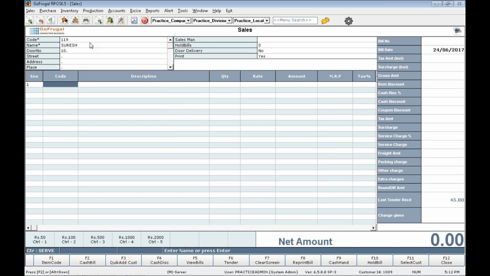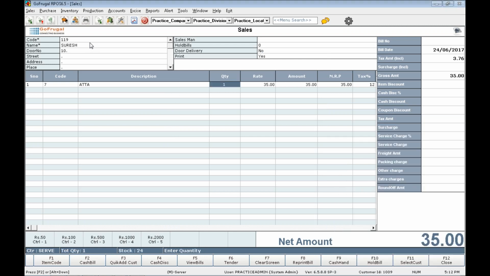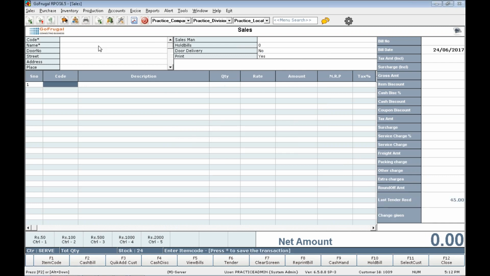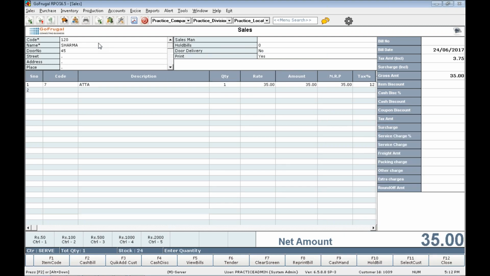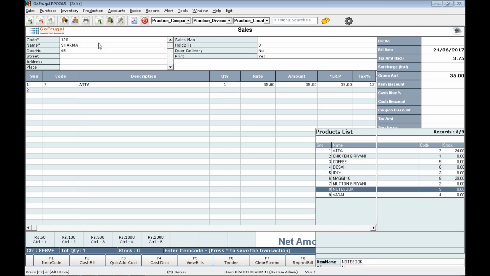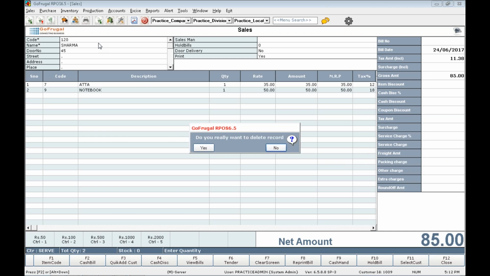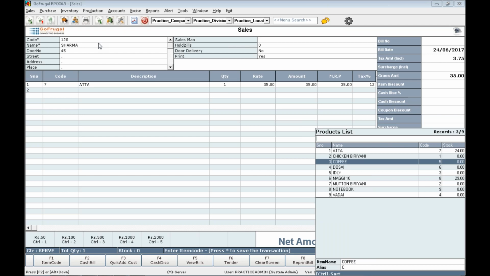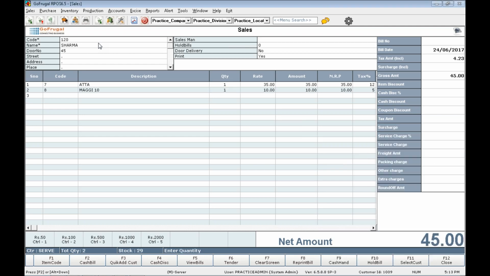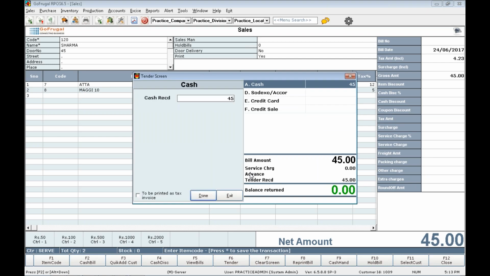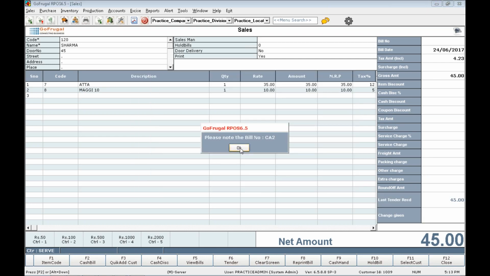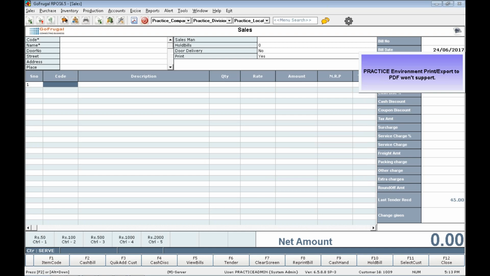Sorry, I am loading the customer Sharma and doing a sample bill. Just save the bill and check the tax posting in the accounts.